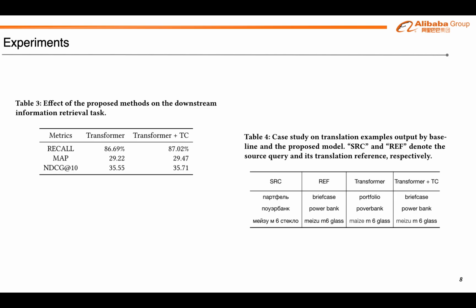Obviously, on recall, MAP, and NDCG@10 indicators, our model consistently surpassed the baseline transformer model. The results confirm our hypothesis that forcing the query translation model to generate search-aware tokens benefits the retrieval task. In Table 4, we show some good cases produced by our proposed model.